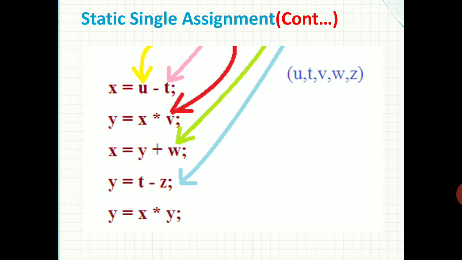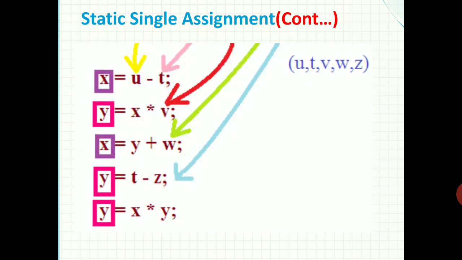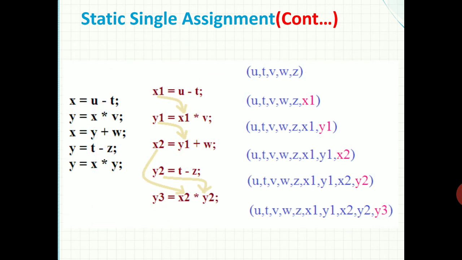So the two x's can be assigned the values x1 and x2. So it will become, there are two representations for x and y. We have three forms. Then the x can be replaced by x1 and x2. The first x will be replaced by x1, then the second x will be replaced by x2 for specifying distinct assignment of x, and also y1, y2 and y3, one for each assignment of y.